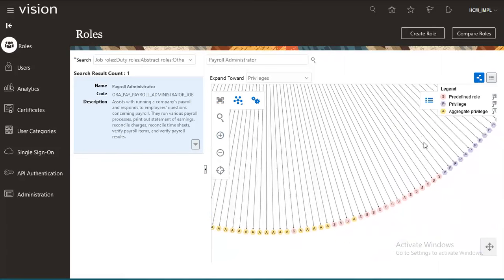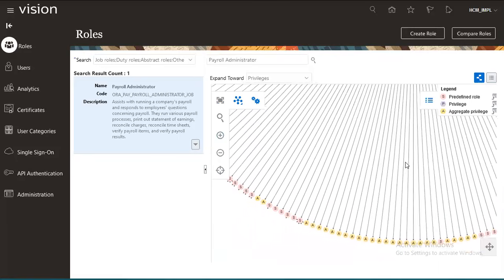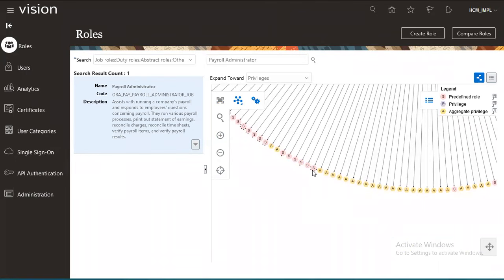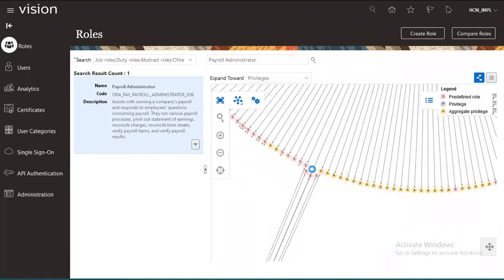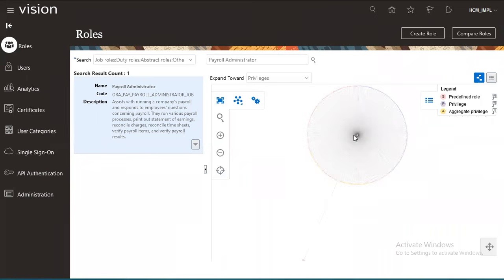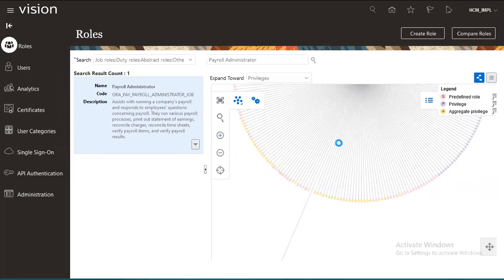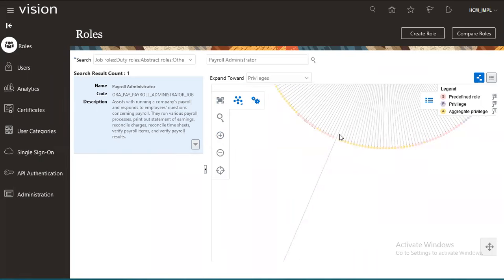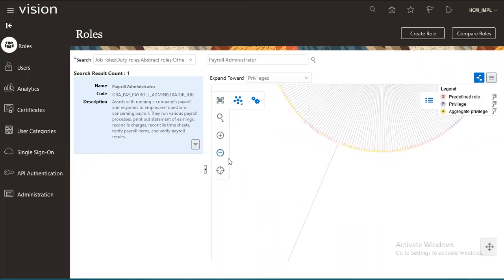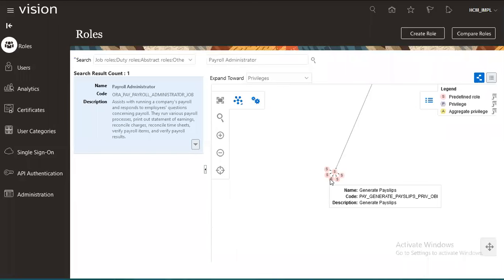Whenever you see a spike here, like this one, that means there are more roles going out from there. See this? If you expand, you will get further roles for this. So this one, the S means it's the predefined role. Generate payslip,